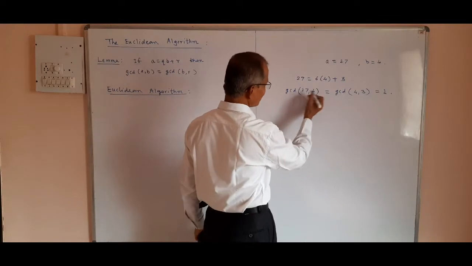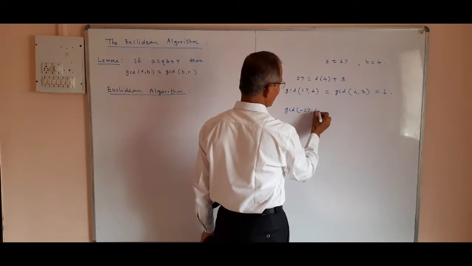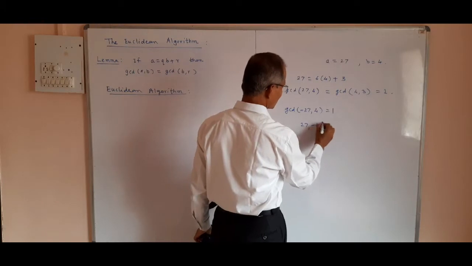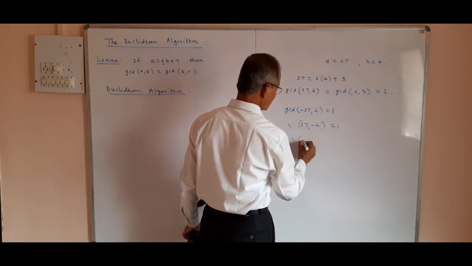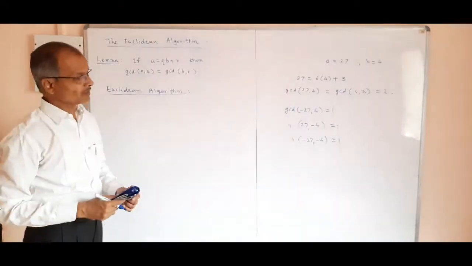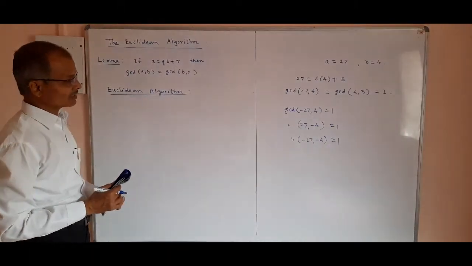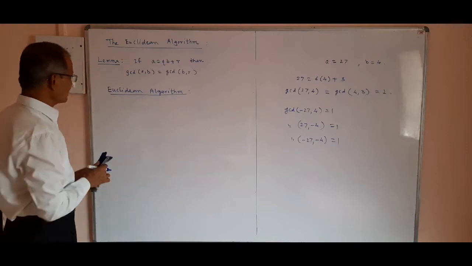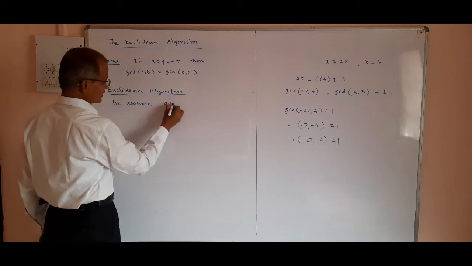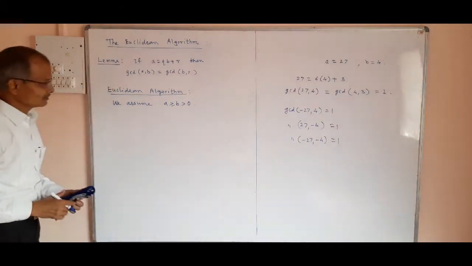So here gcd of 27 and 4 is 1. So we also have gcd of minus 27 and 4 equal to 1, or 27 and minus 4 is also 1, or gcd of minus 27 and minus 4 is also 1. So if the number is negative or positive, that does not matter for the greatest common divisor. The greatest common divisor remains the same, and therefore we assume